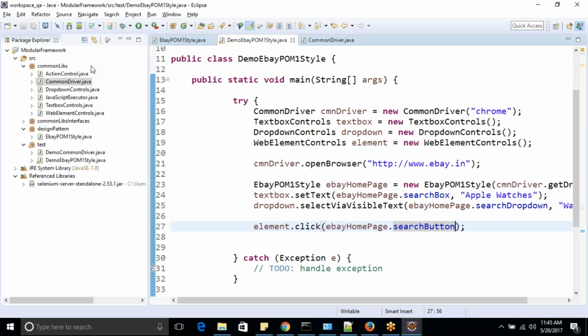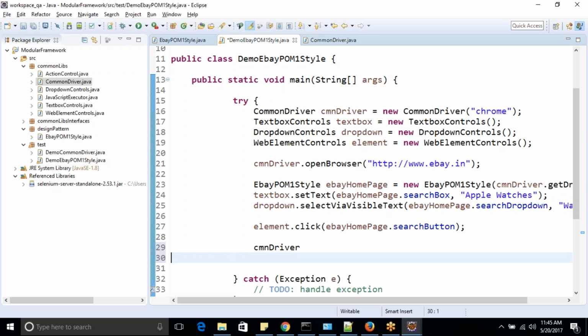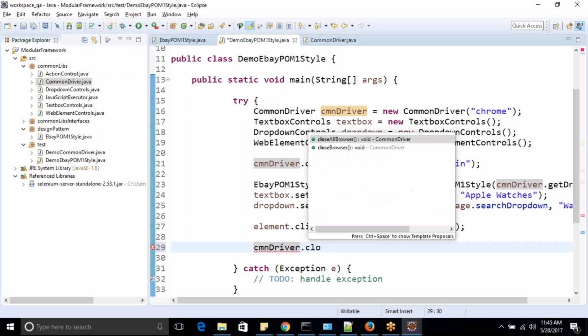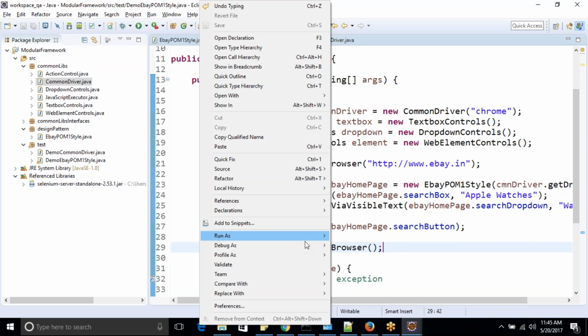Okay, now so we are done. Actually we have written, we have clicked on it also, and last will be to close the browser, and that will be in command driver dot close browser. So when I invoke this, right click, run as Java application,